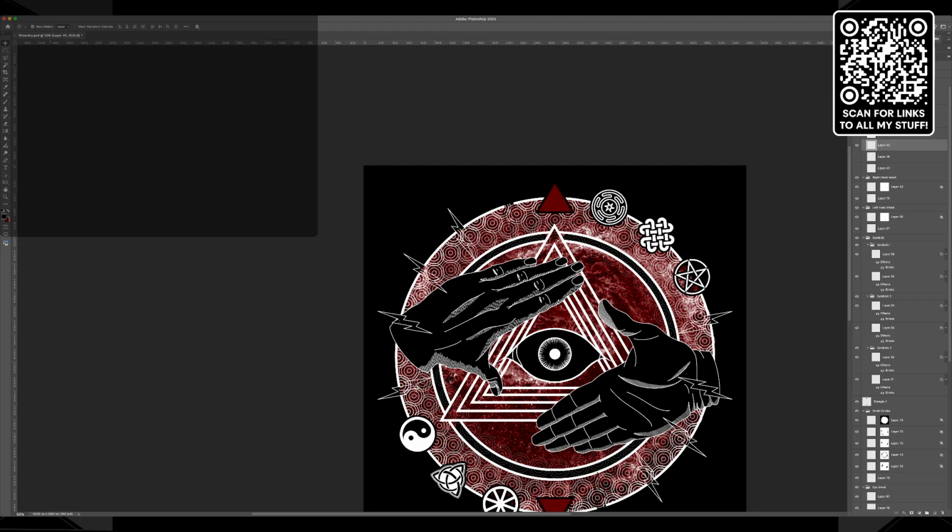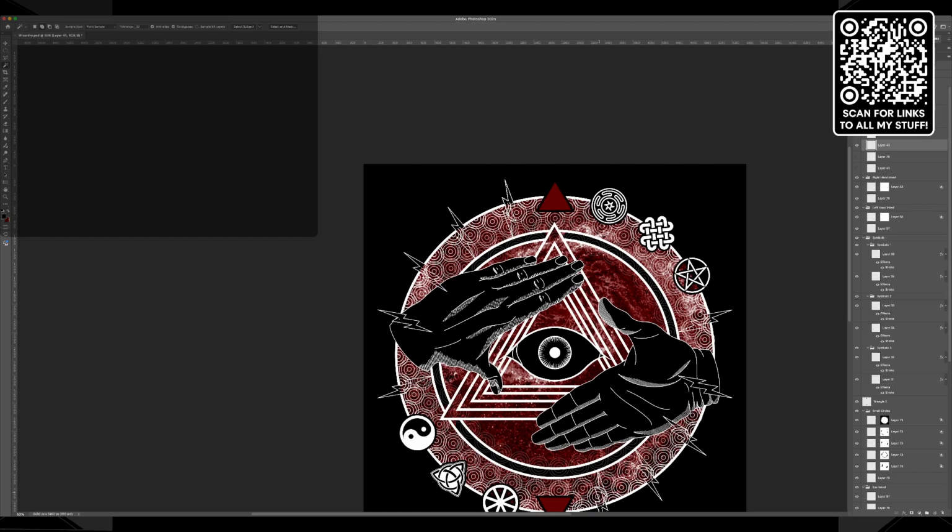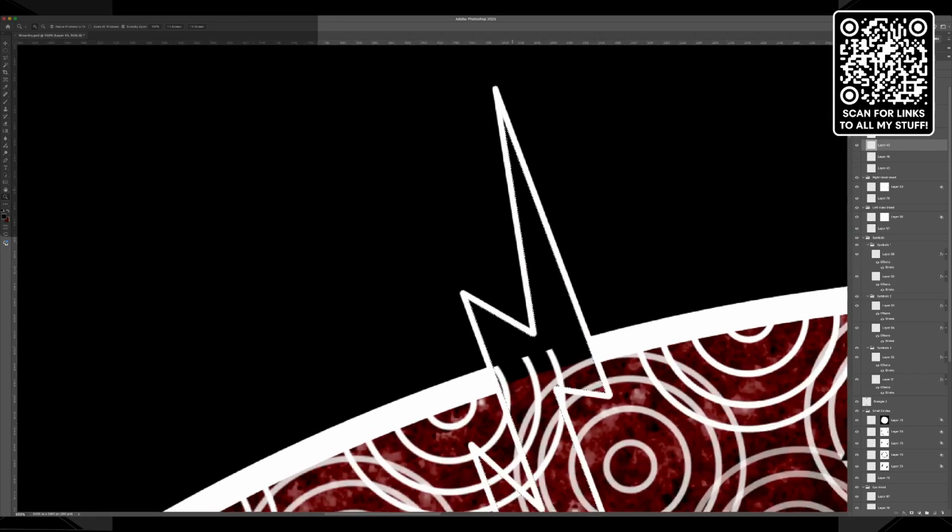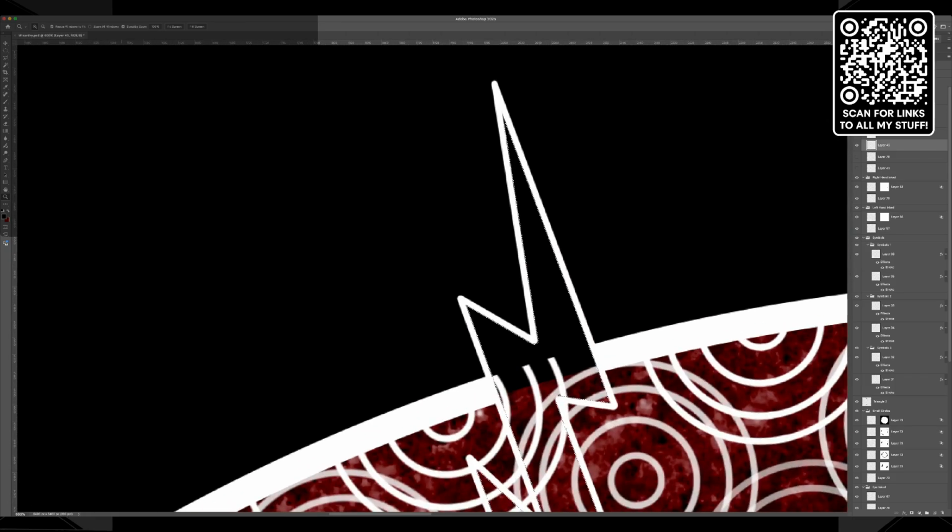Okay, so if we do an invert, here we go. All right, so I'm gonna grab those. I'm gonna zoom way in. We're going to check something because I need to expand that. Otherwise, there's going to be a very, very faint line. So if I do expand by 2 pixels, I need more than that. I thought 2 was going to be a lot more than that.